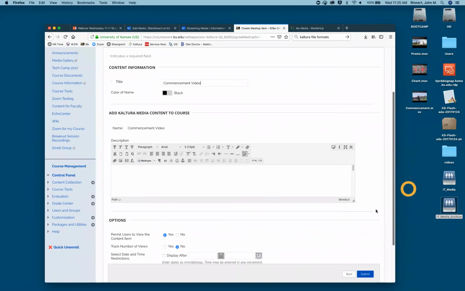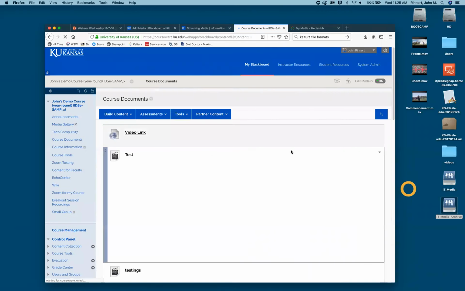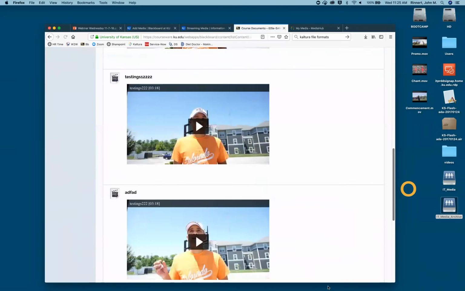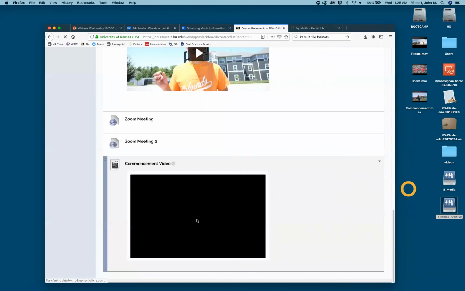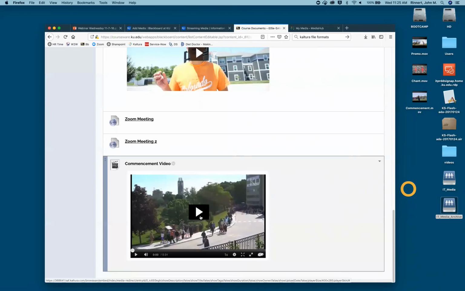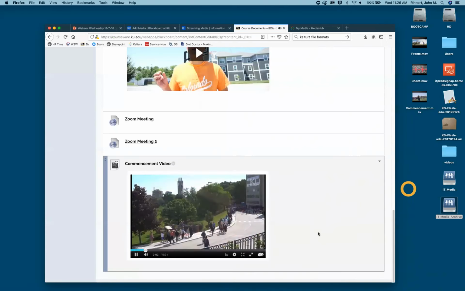This is just like any other Blackboard upload, track views, that kind of stuff. It's a little misleading. It's going to track how many times the player is viewed. It's not going to tell you anything about how long it was played or how much it was played. And now I have, as a new item, this is kind of my sandbox folder. Sorry if there's a bunch of junk in here, but this is the video I just selected. And if I hit play, actually kind of hit it twice because we don't have these ready for autoplay, it starts playing the video I just uploaded.